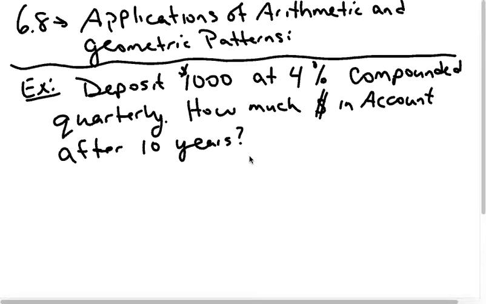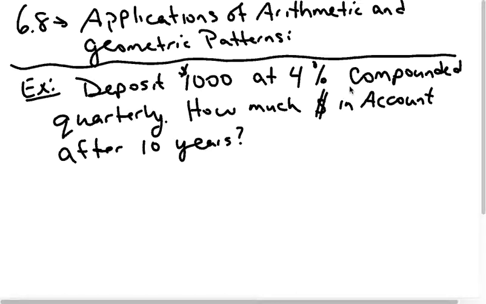Okay, lesson 6.8, applications of arithmetic and geometric patterns. I've taken the time to actually write things out first this time, so it should go a little bit faster, hopefully. Our first question is, if we deposit $1,000 at 4% compounded quarterly, how much money is in the account after 10 years? So in this kind of question, we have to know, first of all, how do we find